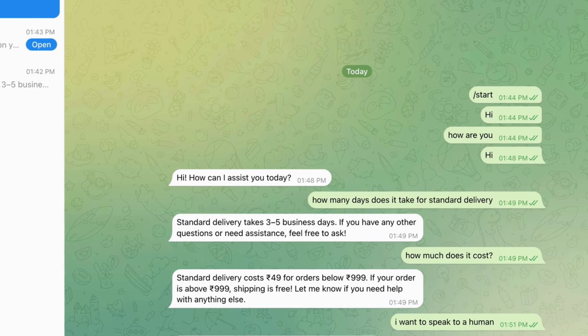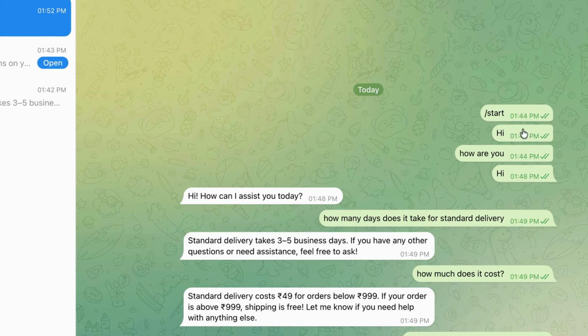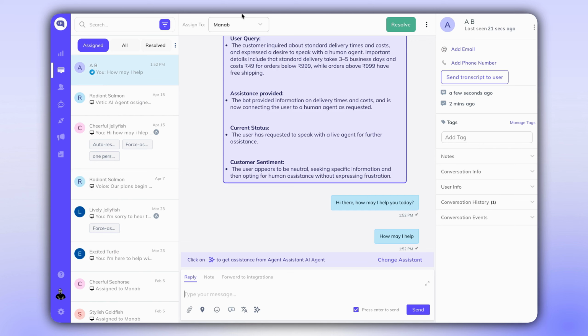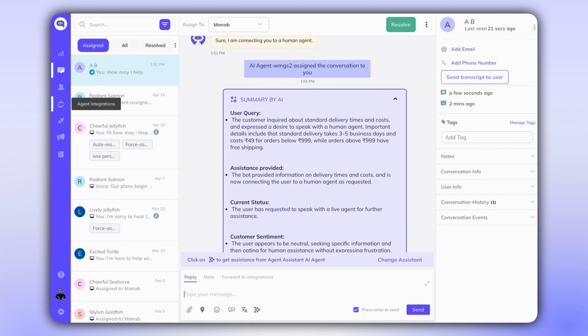So, that's all you need to create an AI chatbot for your Telegram account. With a platform like Kommunicate, which is simple and very easy to use, as you have seen in the tutorial video,